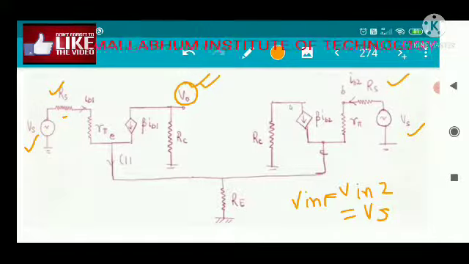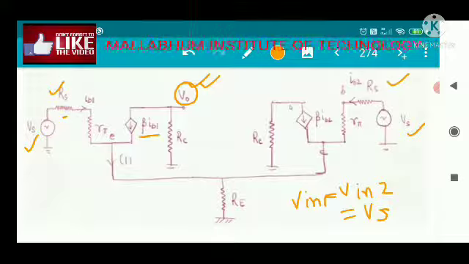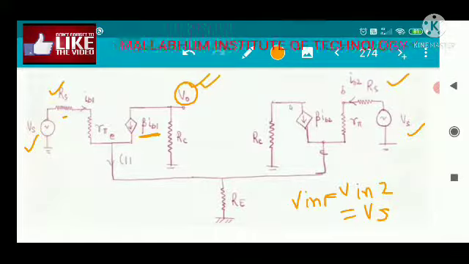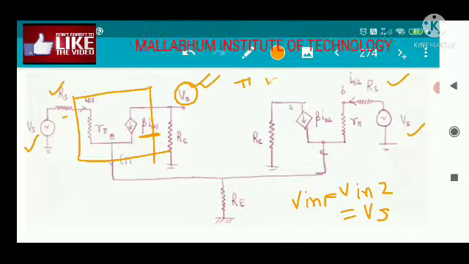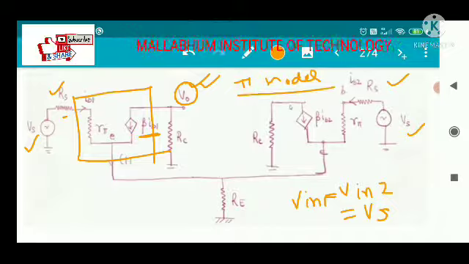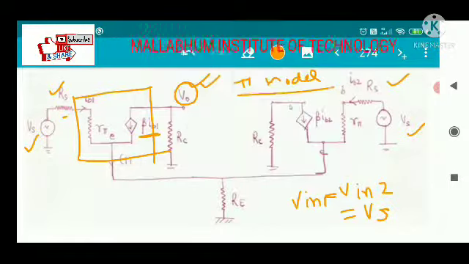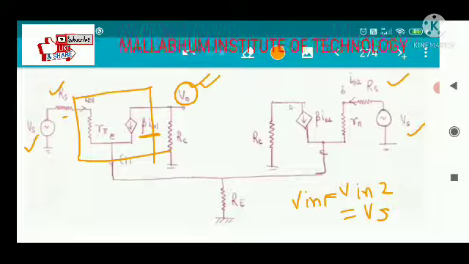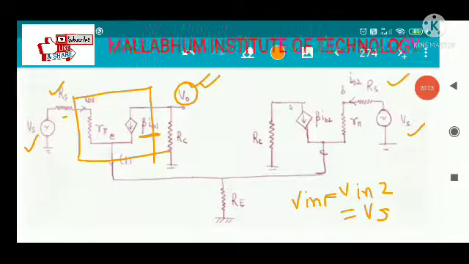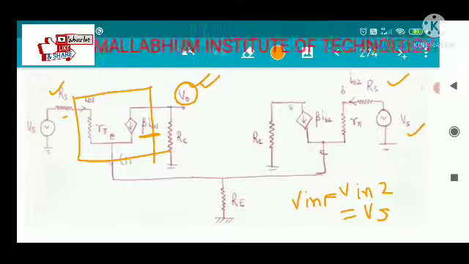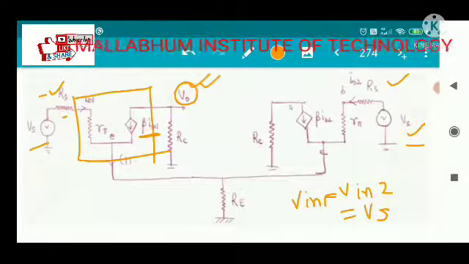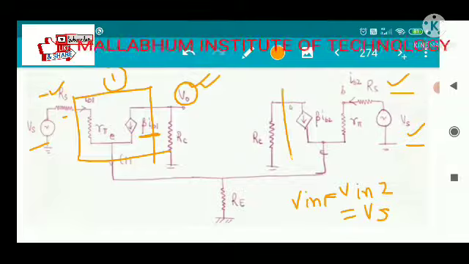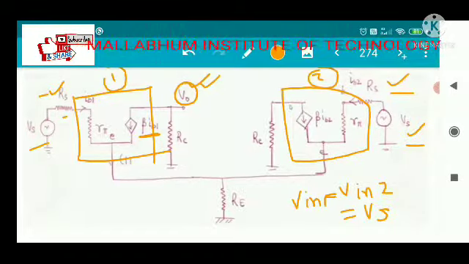And in this circuit, this is beta IB1. Beta IB1 means a constant current source transistor. This is the transistor equivalent circuit. If you look into the circuit, the transistor pi model, then you will understand this circuit. So this is your one input Vs, and this is your another input Vs, and this is your series resistance Rs, and this is the equivalent circuit diagram of transistor 1. This is the equivalent circuit diagram of transistor 2, and there is a collector resistance.